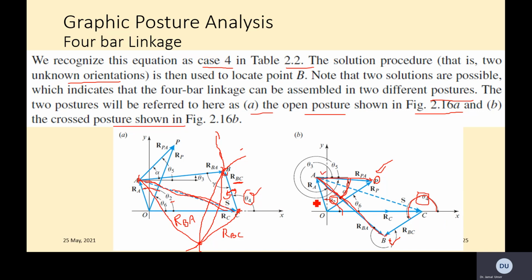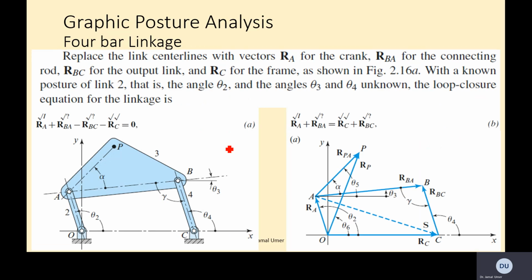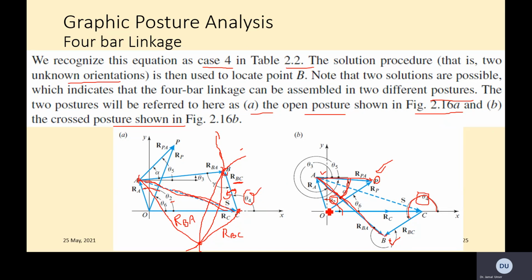So for the given angle theta 2, which was known, theta 3 and theta 4 are unknown. Theta 4 we have found has two different options. Theta 4 is this one, and theta 4 is this one. So the link RBC could be at this position, or it could be at this position. That's why we have two values for theta 4, and of course theta 3, which is now